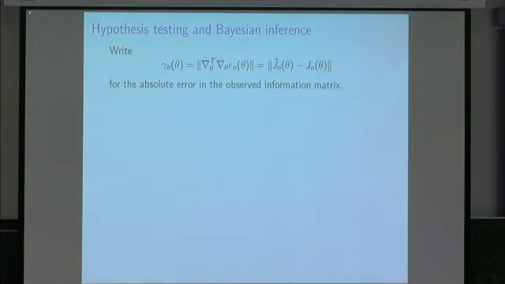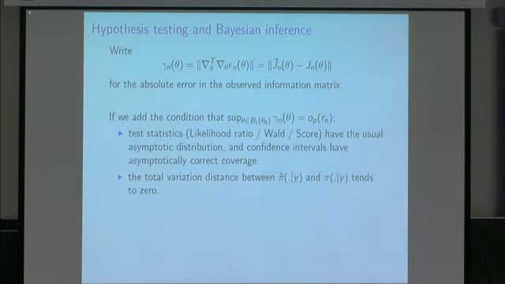We're not just interested in point estimation, which is all I discussed there, the properties of the MLE. We might want to do hypothesis testing, find confidence intervals, or do Bayesian inference. For all of those things, it turns out that you just need one more derivative. I'm calling it gamma n theta, which is the size of the second derivatives of the epsilon error, in other words the absolute error in the observed information matrix. So let's make one more assumption: that in this small interval around the true parameter value, the maximum of that gamma error grows less quickly than the rate.